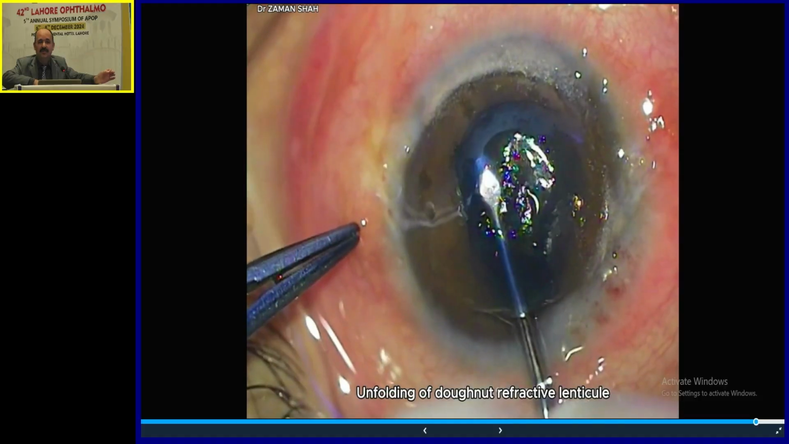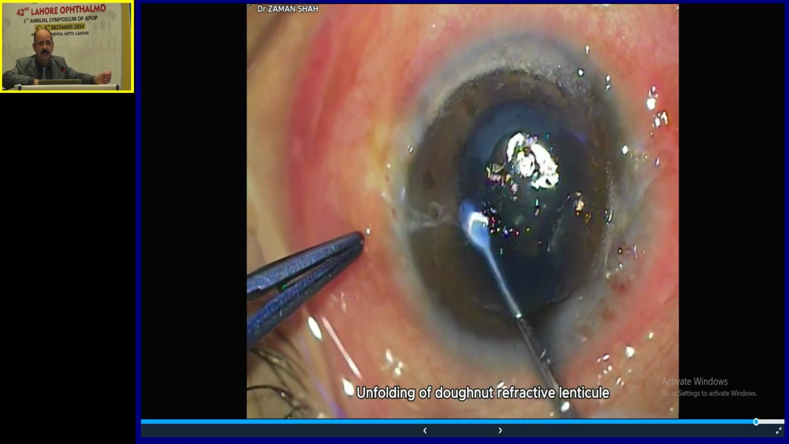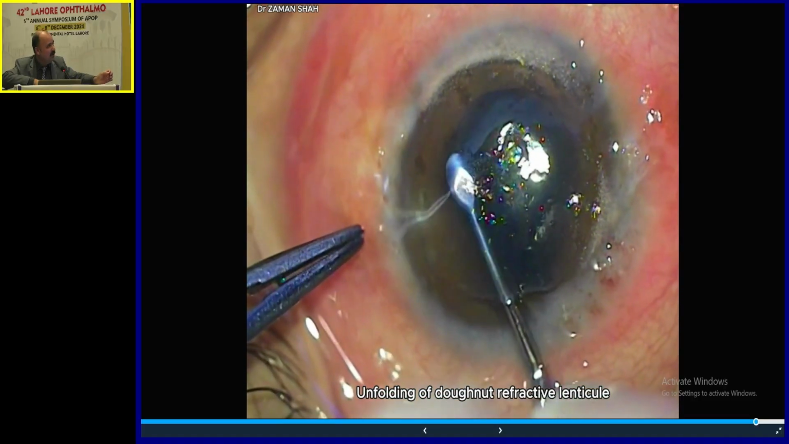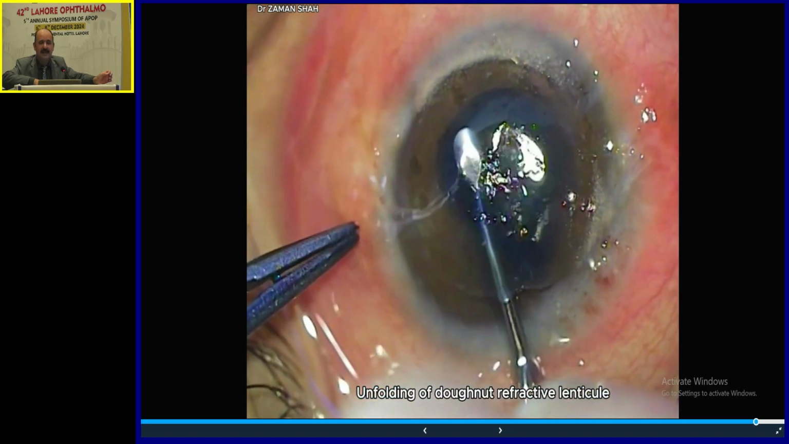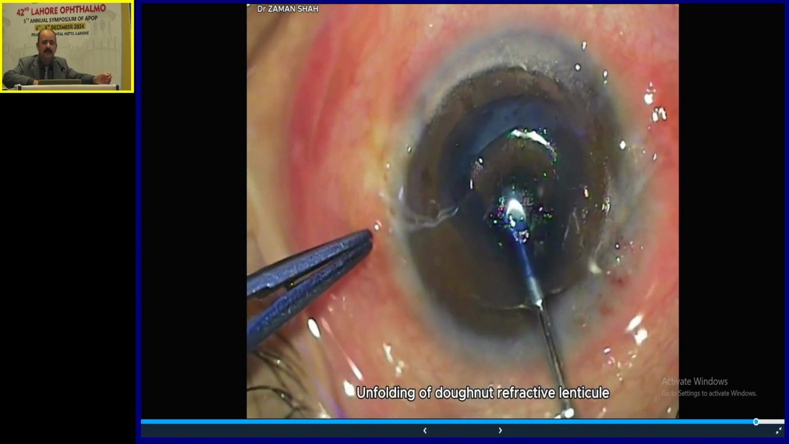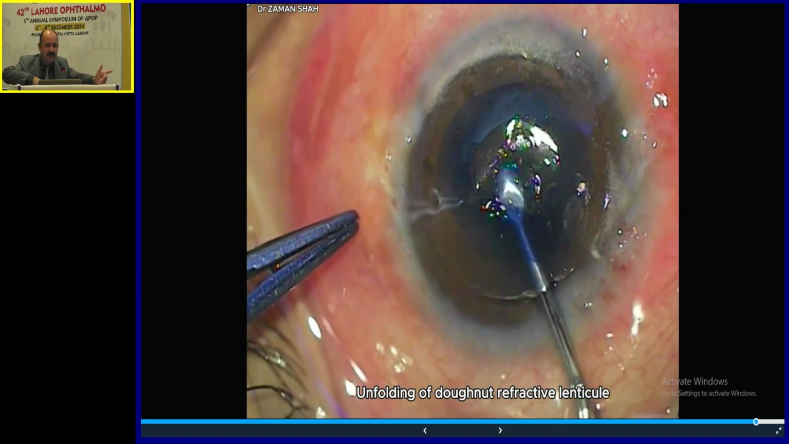This is only just to spread. The procedure is quite easy. A corneal refractive surgeon can do it easily, and you will have a very good result. If you have a simple case of